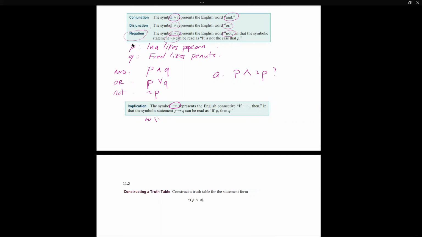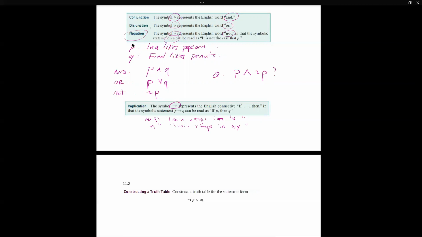So let's say W, a statement says the train stops in Washington, right? And let N denote the statement train stops in New York. All right. So let's write the train stops in New York and Washington, right?